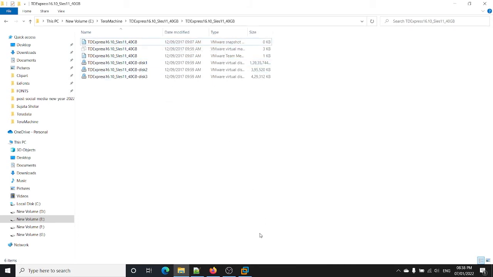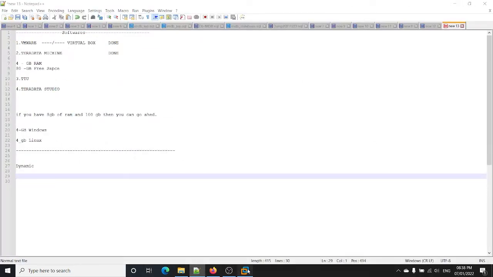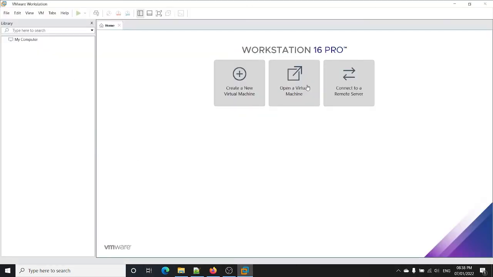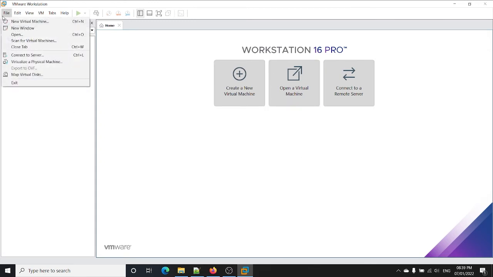So what we have to do is just copy this particular path, open VM, and press. This is the panel that will help you to open a virtual machine. So you can open it from here as well and from here as well. So let's open it from here. So you can click open over here, or Control plus O is another option, or you can create it here as well. So let's open it from here.